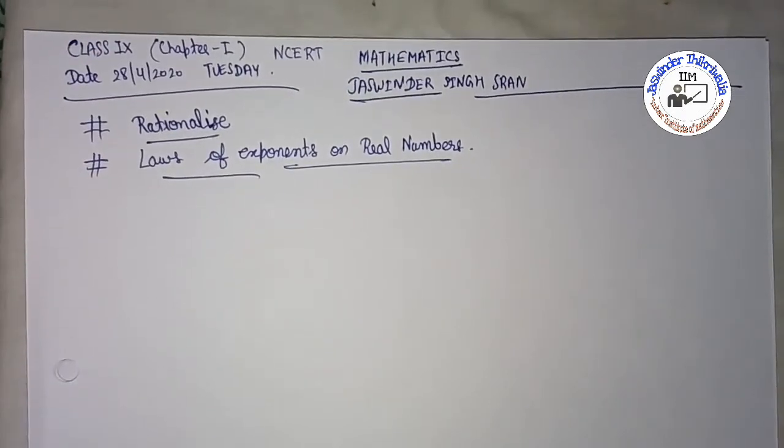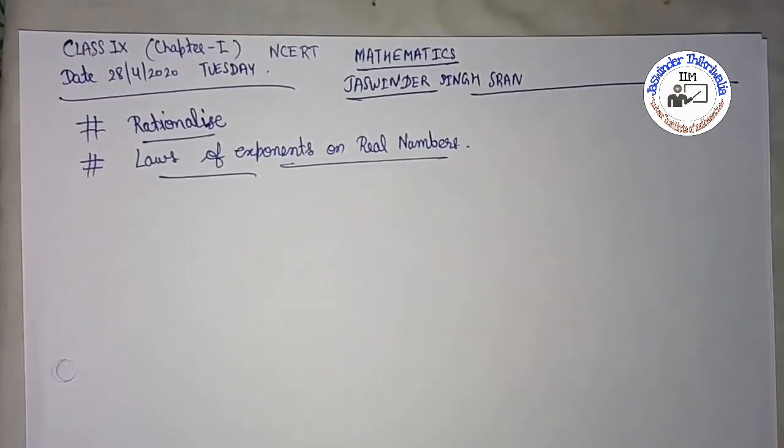I am your Jaswinder Singh Sram, once again here with a new topic from class 9th, chapter number 1, number system. From that, we discussed exercise 1.5 in my previous video. In that, we discussed a few properties related to the product of two rational or irrational numbers. We solved many problems related to the product of a rational and an irrational number by using properties.